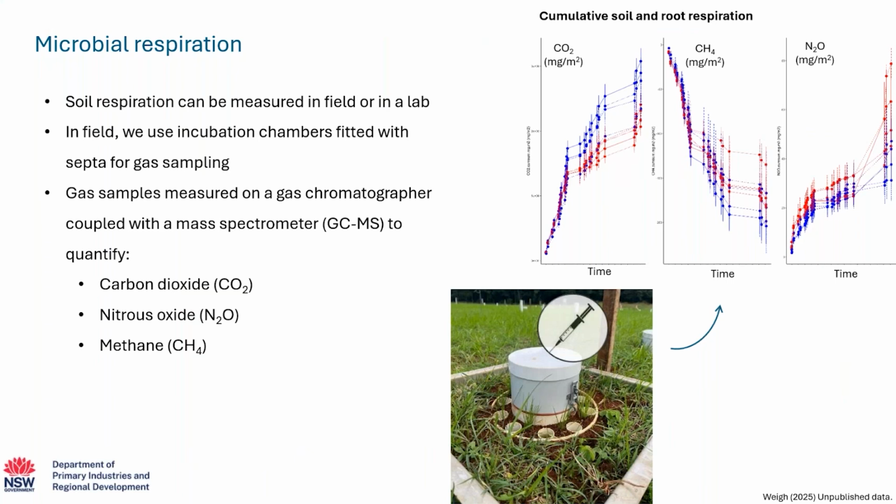The ratio of microbial biomass carbon to respiration, called the metabolic quotient, can indicate microbial stress or soil disturbance. For example, soils with copper fungicide residues often have a higher metabolic quotient, similar to how a person's heart rate may rise under stress. In contrast, healthy, more mature soils use carbon more efficiently, storing more and respiring less. Microbial respiration can be measured in field, as seen here, using chambers fitted with a septum from which gas is sampled, and carbon dioxide, nitrous oxide, and methane can be measured in a lab using GCMS.